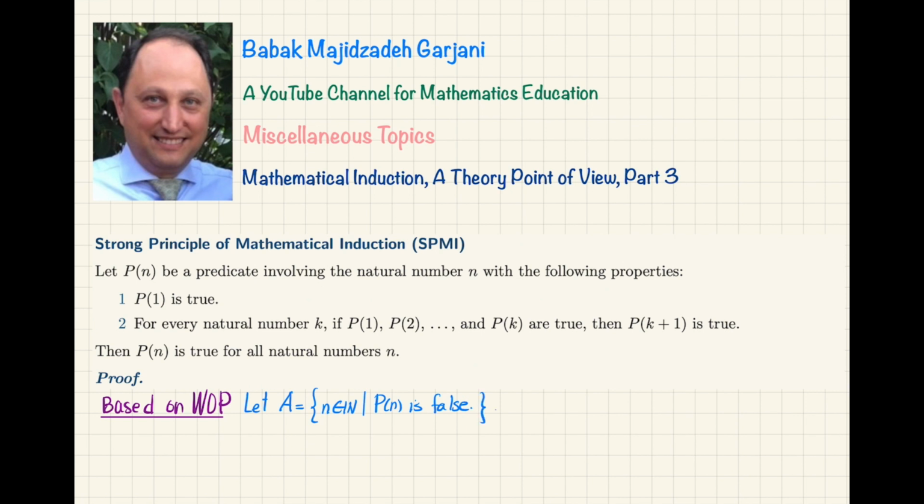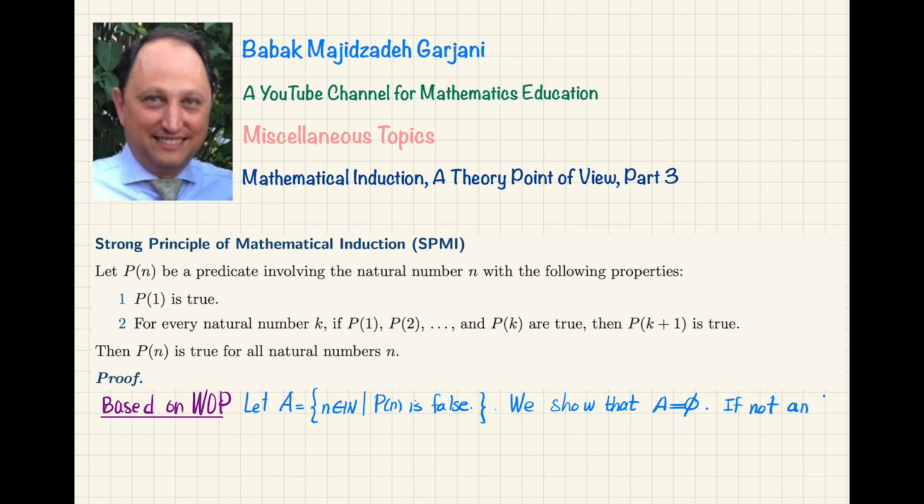Okay? As before, we show that A is empty. In other words, you cannot find such a number that turns P of n to be a false statement. And then we are done, of course. If not,